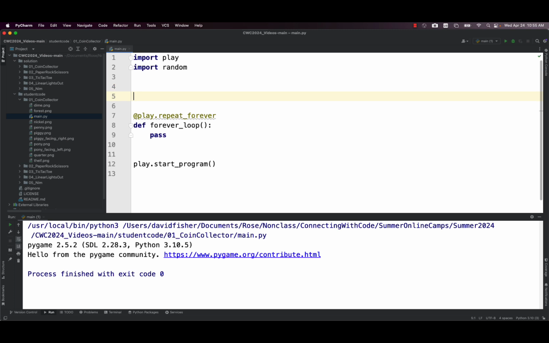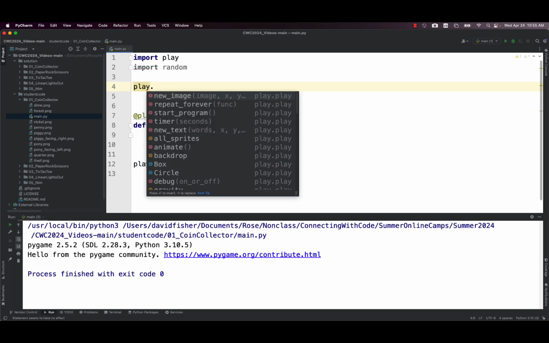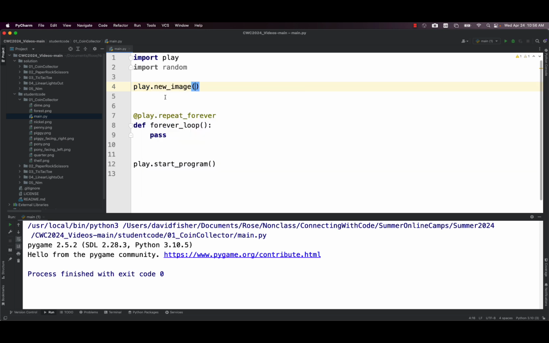So let's add our own code. So our own code that we want to write, just go ahead and type this with me. Type the word play dot. Play is their library. Their library has a lot of things it can do, which are fun. And so we're going to be learning Python by using their library. One thing that their library can do is it can get images onto the screen. So for me, the top one is this. It says a little f, meaning it's a function. There's this function, new image. So what I'm going to do is I'm going to make a new image.